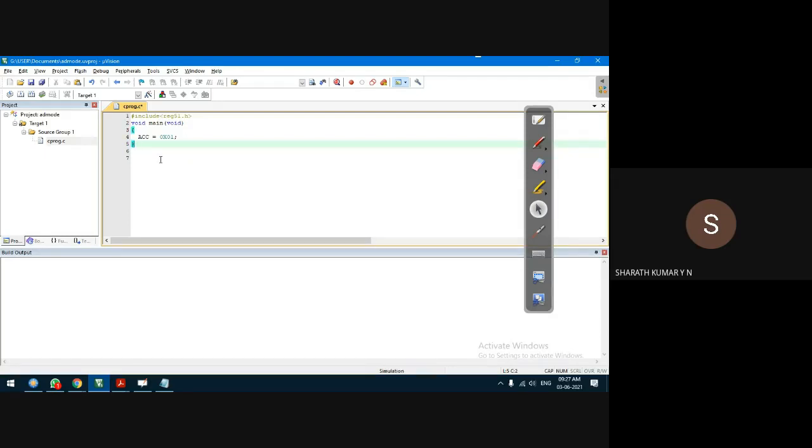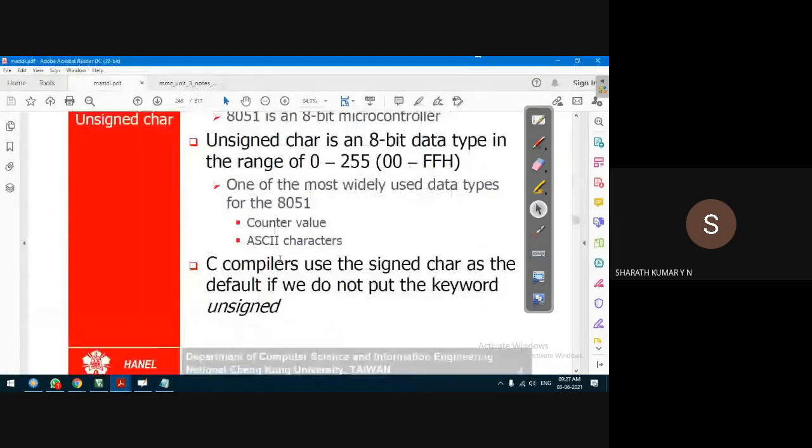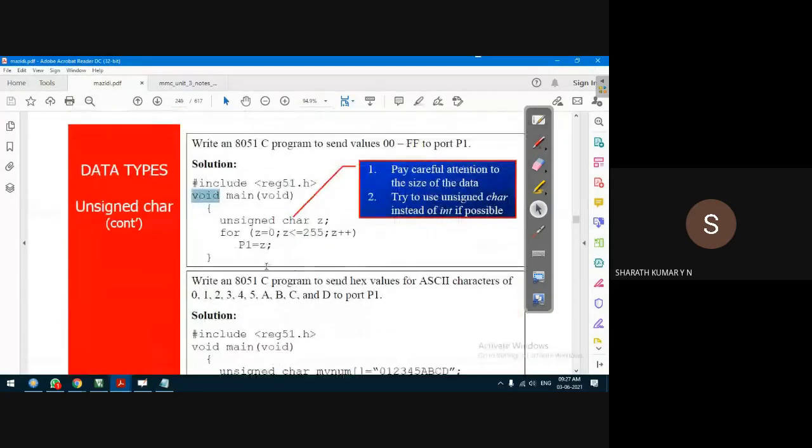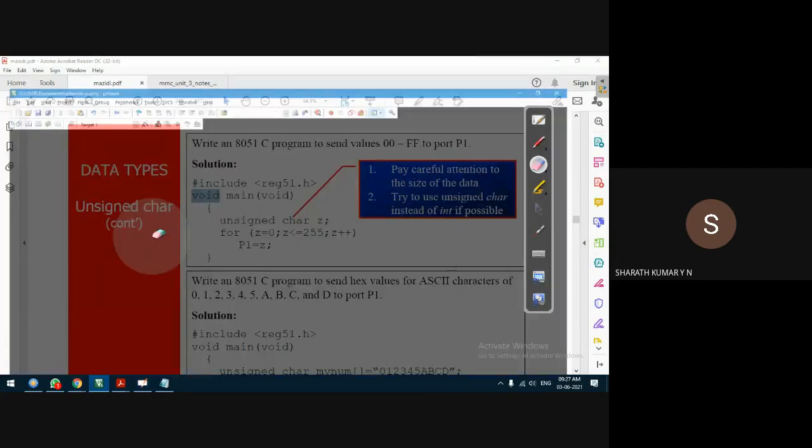I want to send only data to the accumulator. To open a function in C language we use the opening curly bracket, and to end the C program we use the closing curly bracket. Very simple.